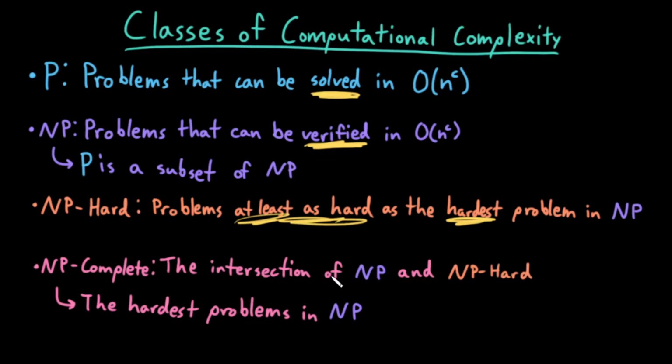NP-complete is the intersection of NP and NP-hard. So these are the hardest problems in NP. Whatever that hardest problem was, these are all of the problems in NP that are just as hard as that hardest problem. In other words, these are all of the problems in NP-hard that can be verified in polynomial